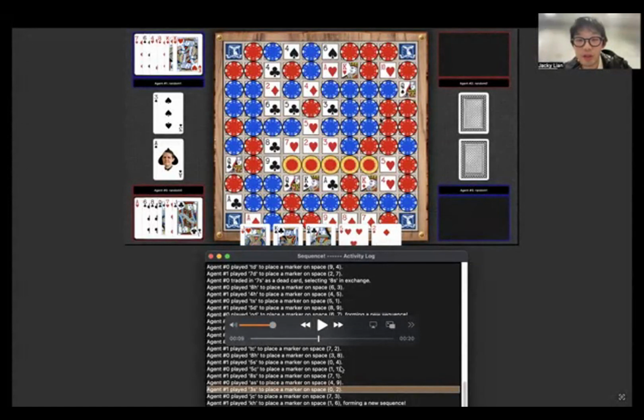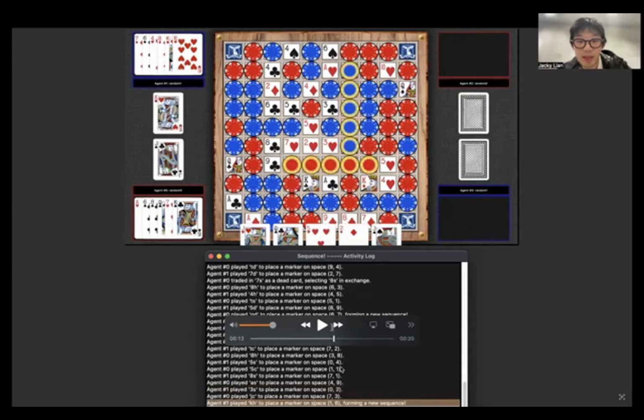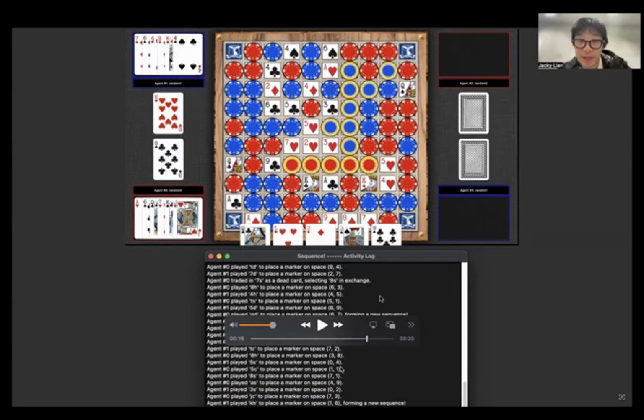Hi, I'll begin with our demo session. As we can see, currently our agent is blue and we are 2 steps away from winning. We only need to place a chip on a K heart and a 10 heart. We already have the K heart in our hand, and let's see what our agent will do. So our agent will first play the K, then draw the heart from the draft pile, and play it on the board. We want to specify that this is actually pure learning from our agent, and we did not program this by hard code or anything, and we're really impressed by the agent.